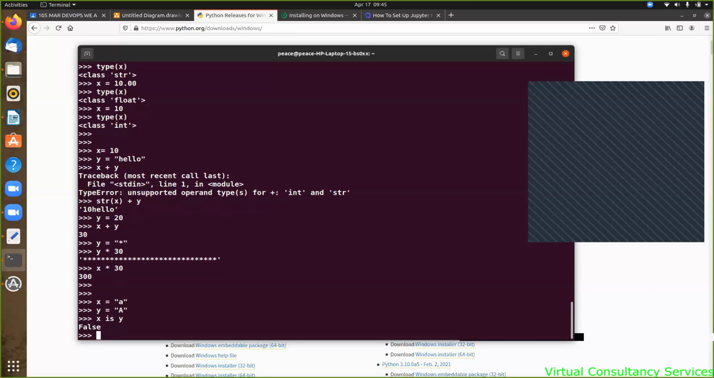So x contains a, and we are comparing a and capital A. So there is an ordinality difference, something called ordinal value. Small a is different from capital A. So there is a function called ord, and if you see this,